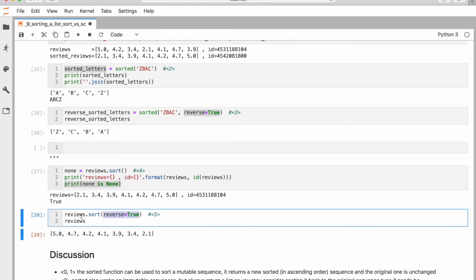So to sum up this video, when to use sort and when to use sorted. If your sequence is immutable, you have only one choice. You can only use sorted, because you cannot apply the sort method to something that is immutable. So this is one thing. If your type is mutable,